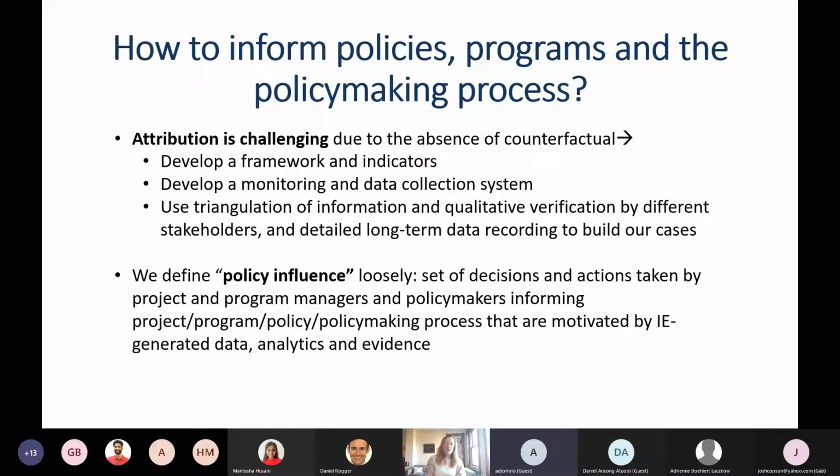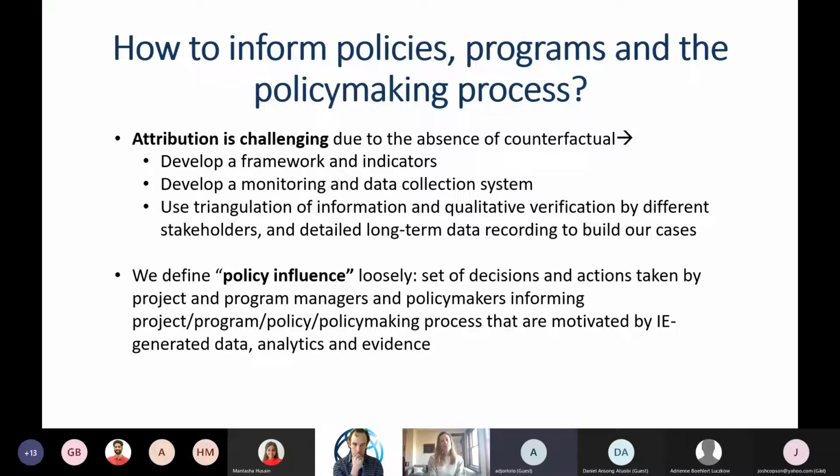And so what we've done here at DIME, and I'm not going to take full credit for this, it's been a big team effort, and this was led by our director, Ariana, initially, is to try to develop a framework of change. So how can we improve, basically, policies, and how can we measure that? What indicators do we need to be able to do that? So really try to think through a theory of change of how this can happen.